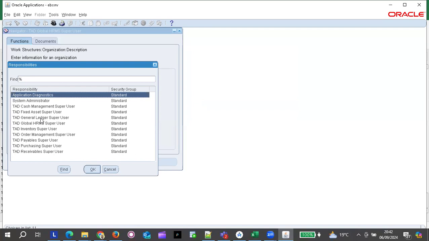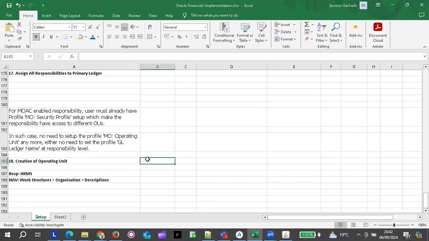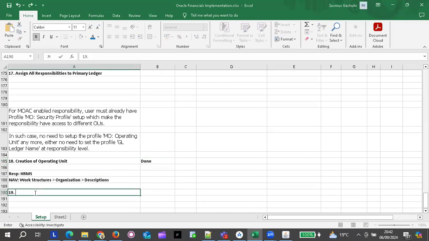So with this, we will go to general ledger. Once we go to general ledger, we will define the data access set, and after that we will assign responsibility to data access set, so that we can try and see whether we are ready to book a transaction. Okay, so we have defined the operating unit. This one is done. So number 19, we define